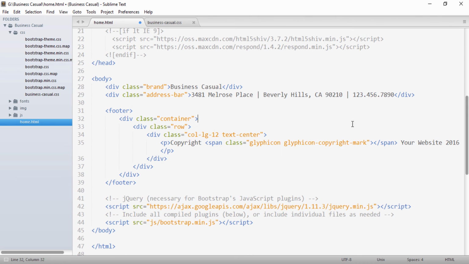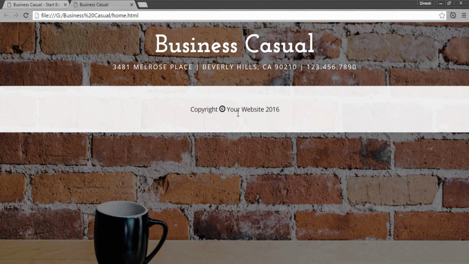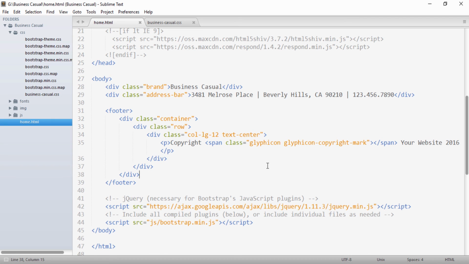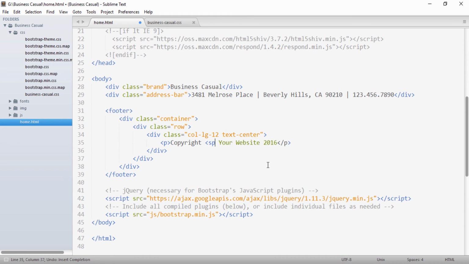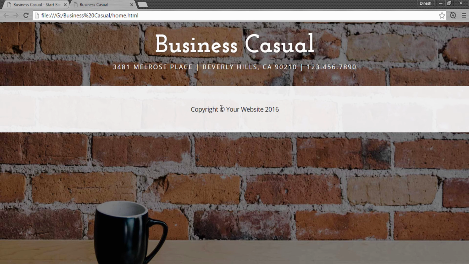This is the glyphicon for the copyright mark, and if I save it and go to the browser, you see the copyright comes like this. This is actually a glyphicon which we can also apply to our websites. I will just revert it back, so it looks something like this.